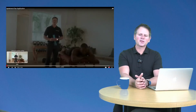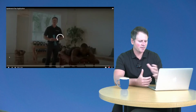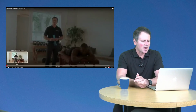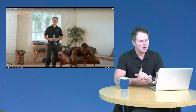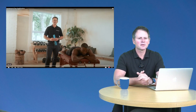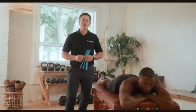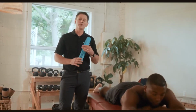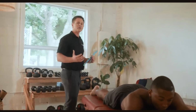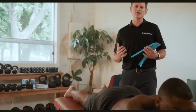The important thing to start with is, again, we're going to stretch the area we're putting the tape on. In this case, I'm going to stretch the calf, as you'll see after we get rolling. I'm going to use my thigh and my hip to keep the ankle in dorsiflexion. I'm going to try to keep the knee straight, and then I'm going to break all the